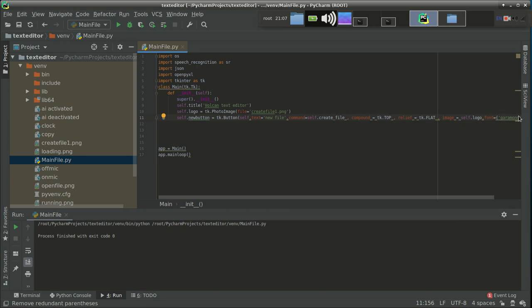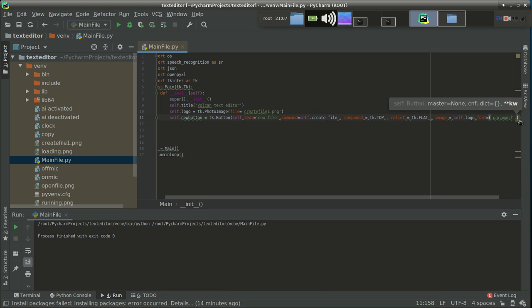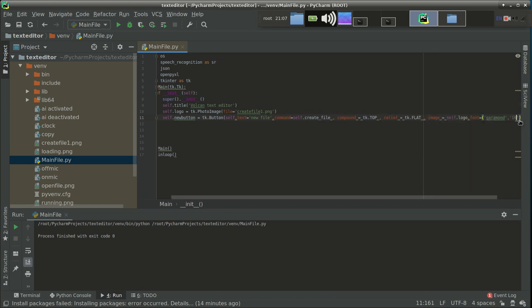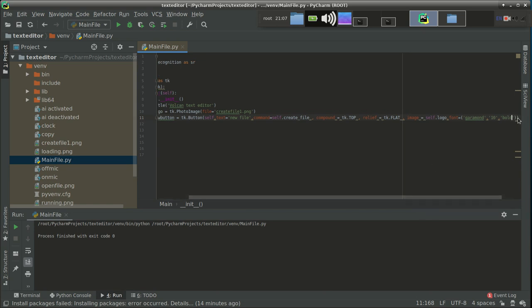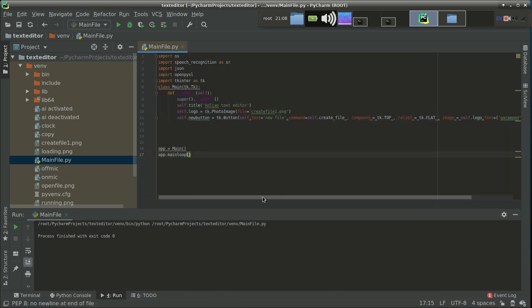So we have specified the text style. Now it's time to specify the font size. It should be 10, and then I want the text to be bold. So let's specify bold. If you want italic, then you can also write italic over here. So that's it. After importing the button, we have now